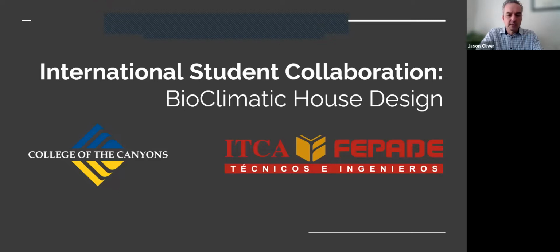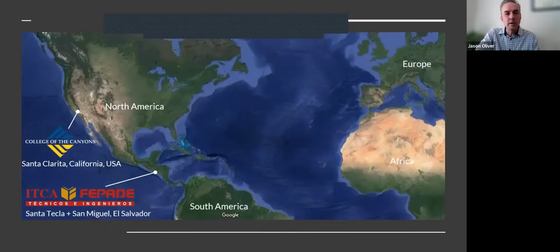And so with this college in El Salvador, we applied for a grant with them, and the idea was to do some sort of educational partnership. And the grant never came to fruition. But in the process of applying for the grant, we learned a lot more about this institution, which created the opportunities. There were some unique things about what they were doing and about what we were doing at College of the Canyons that led us both to believe, even though we're not going to get this grant money and be able to do the project we originally intended, we can still do something,